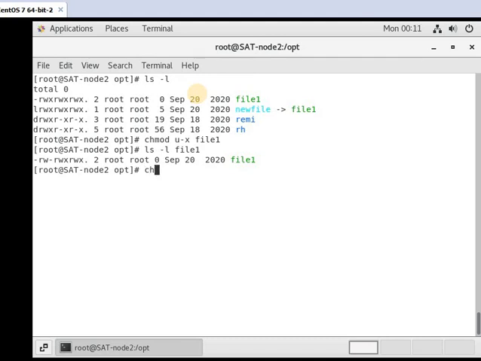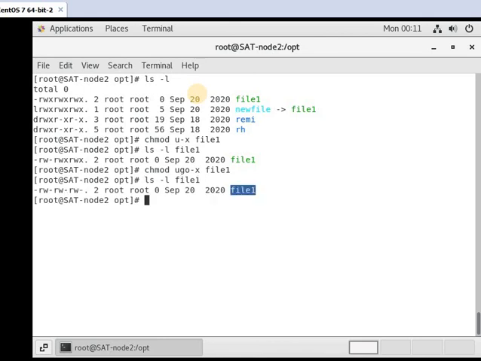If you want to remove the execute permission for all, user, group and others, use the command. Now check the permissions by using the ls command. You see, from all user, group and others, the execute permission has been removed.